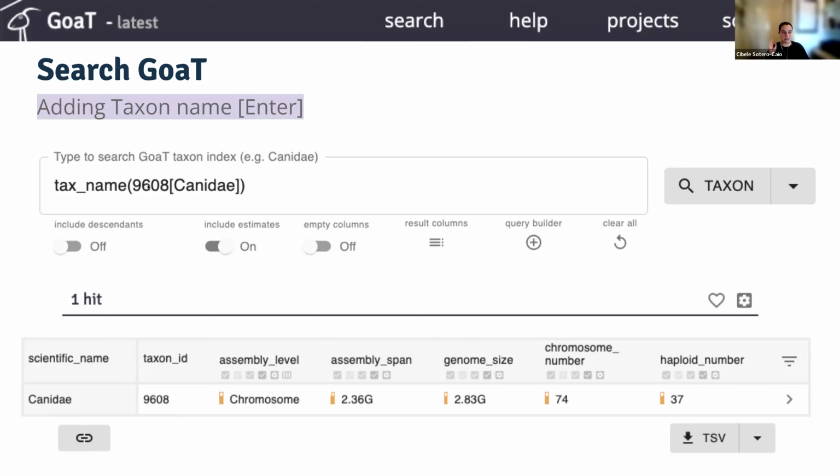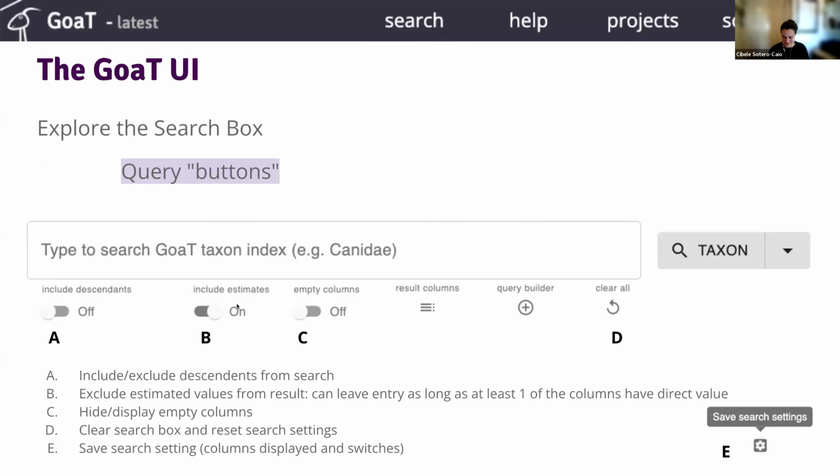Once you do that and you hit enter, I just typed Canidae, GOAT will automatically find this for you. Tax name, you'll find the NCBI taxon ID, and you'll just transform what you put here. So if you erase this Canidae tax name and you only put the taxon ID, this number, the identifier in the NCBI taxonomy, you get the same result. So if for some reason you do know all of the tax IDs of your taxa instead of the names, you can just query on these numbers.